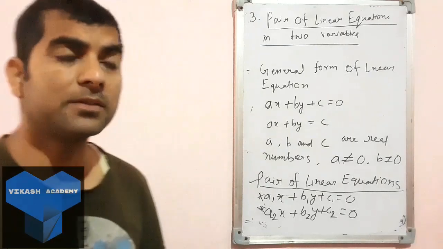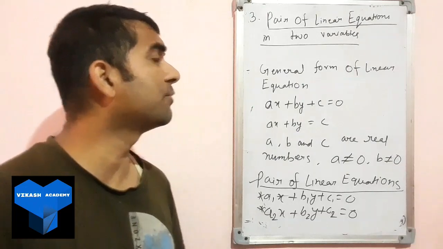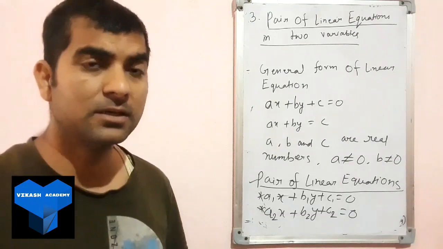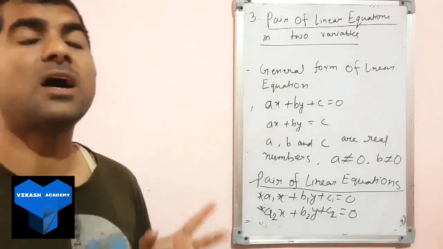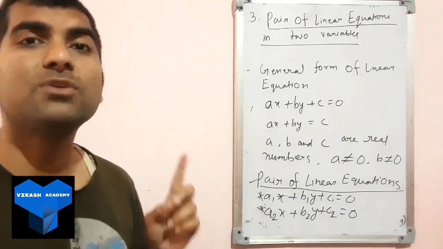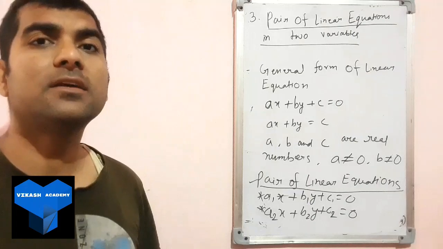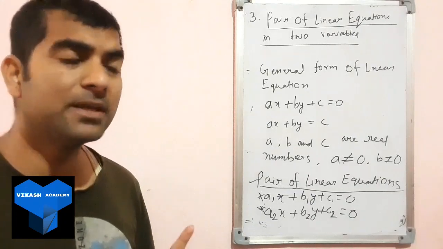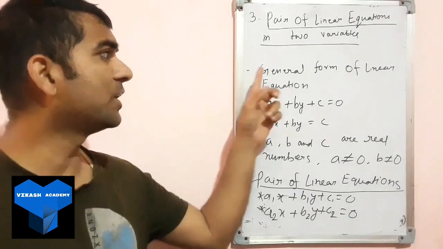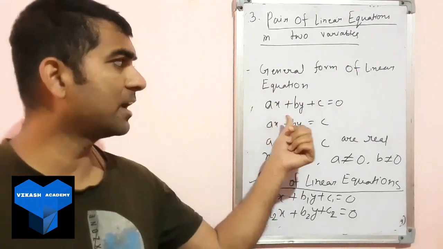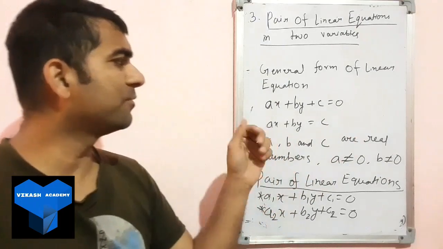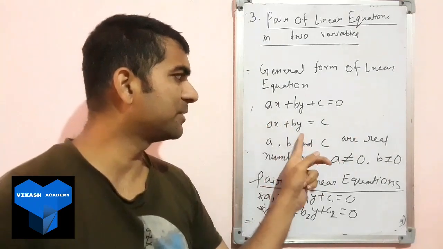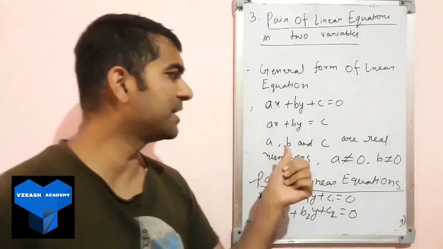We are going to do chapter 3, pairs of linear equations in two variables. Why do we call it a linear equation? Because the highest power of the equation will be 1, right? Here the general form of a linear equation is ax plus by plus c equal to 0. Or there is another form also, ax plus by equal to c, where a, b and c are